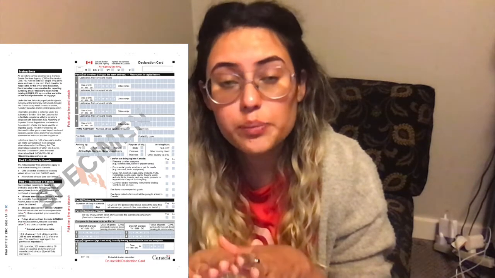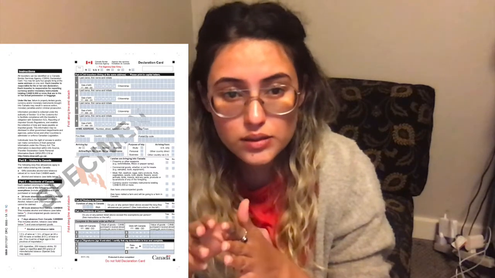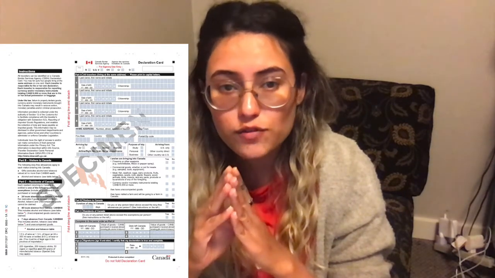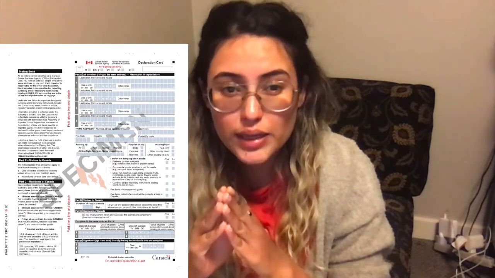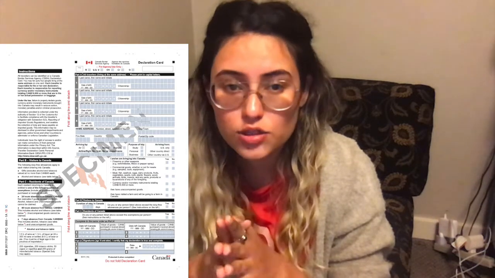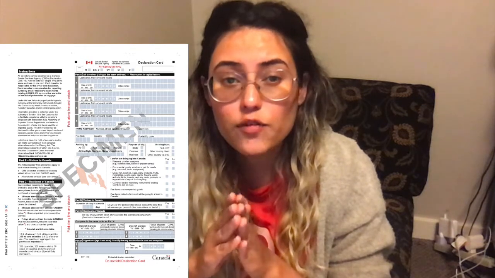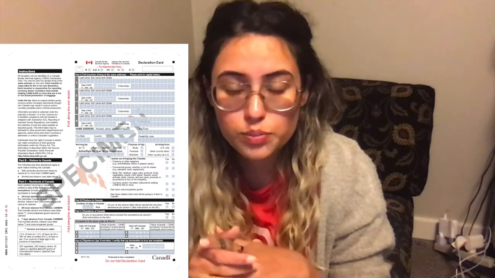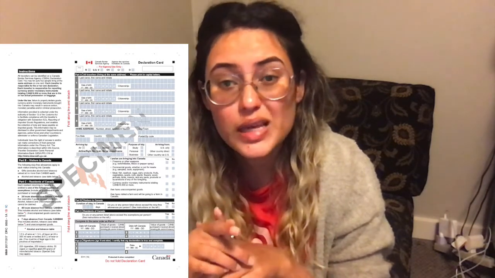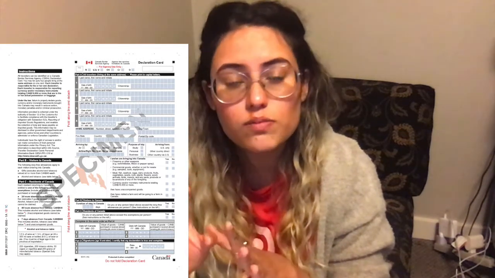Then if you have any accompanied goods, so this is where if you have anything that you're going to be shipping later to Canada, then you have to check yes. I would suggest it's always better to check yes, because you never know what you're going to be getting later on. If you've checked no and you have not got the right papers in hand, then you would be taxed for the goods that you would be getting in. So it's always better to say yes,